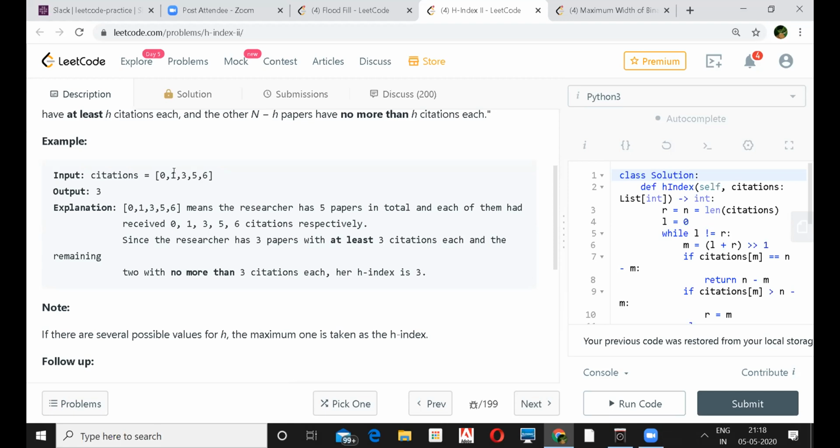That is correct. So whatever is at the mid index, that is the value. That is the answer, it seems. I just ran it here, and I changed that 3 to 2, and I'm getting output as 2 and expected also 2. So it says that the index is more important here, it seems.